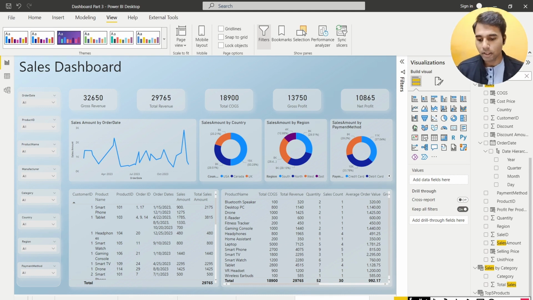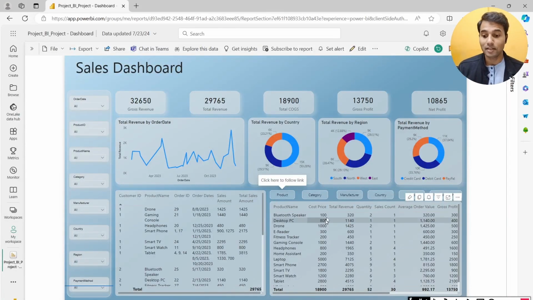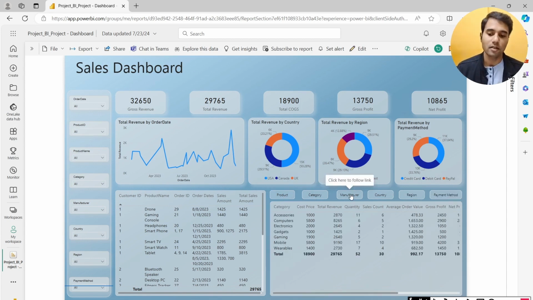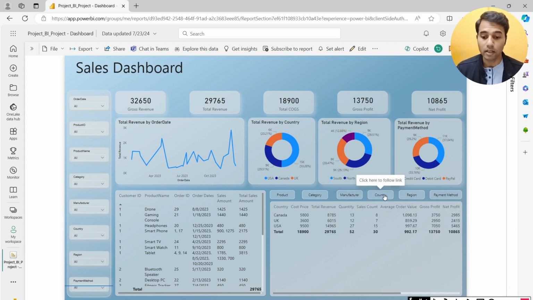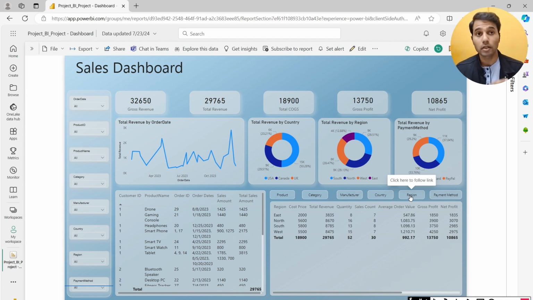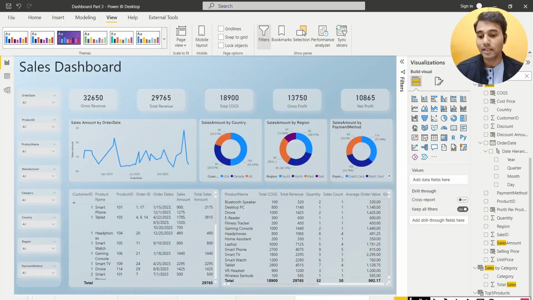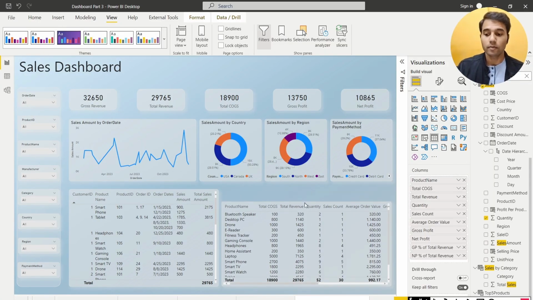So the final product that we wanted to see in our dashboard is something that looks like this. The only thing that's missing in our dashboard right now is having these little buttons. For example, if I select manufacturer, I get the manufacturer analysis. If I select country, I get the country analysis. If I select region, I get the region analysis. And that's something that's missing in our dashboard. Besides that, there's also something related to interactions between these visuals, which I'll explain as we move along in this video. So let's get back to our dashboard and try to create something that is going to use buttons